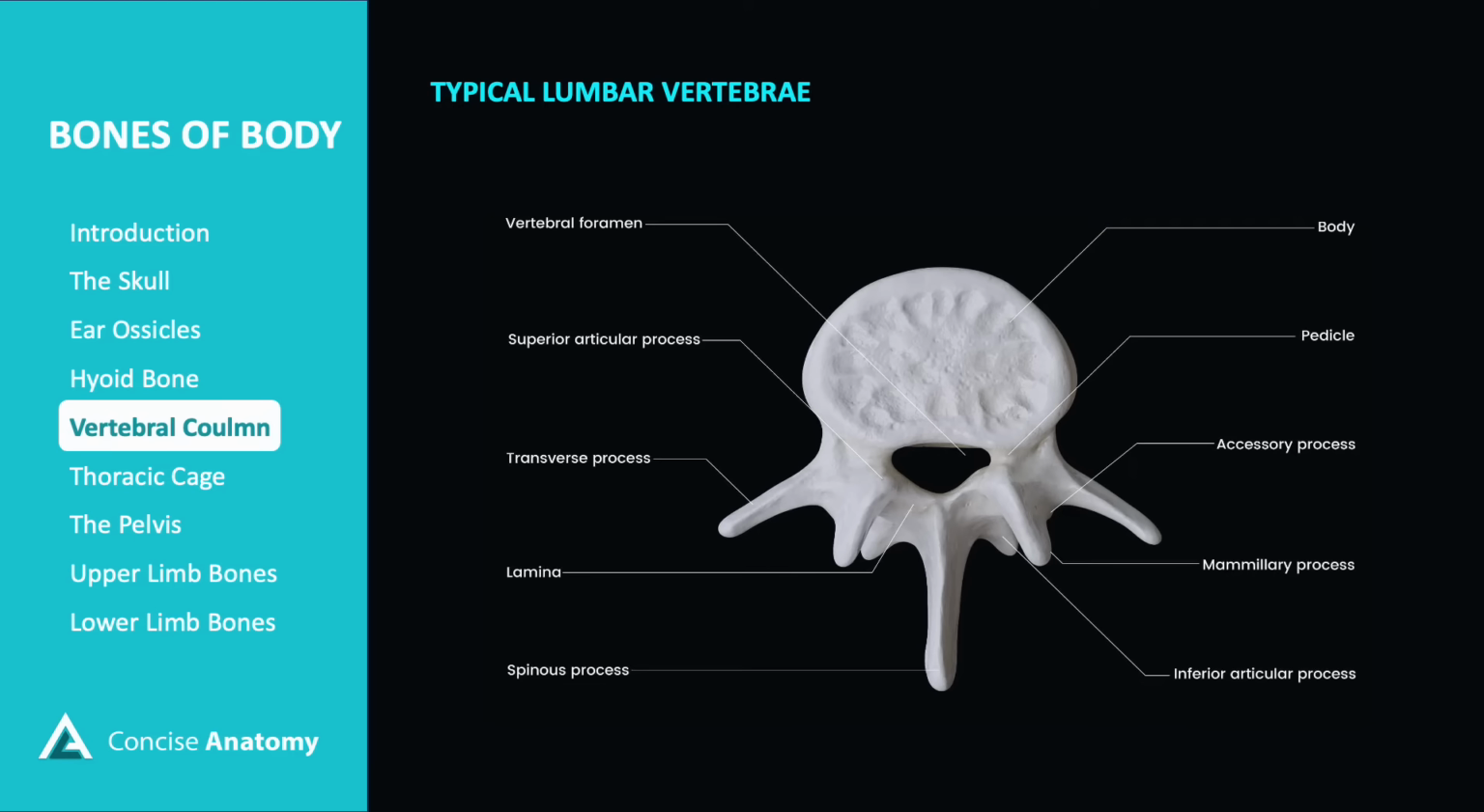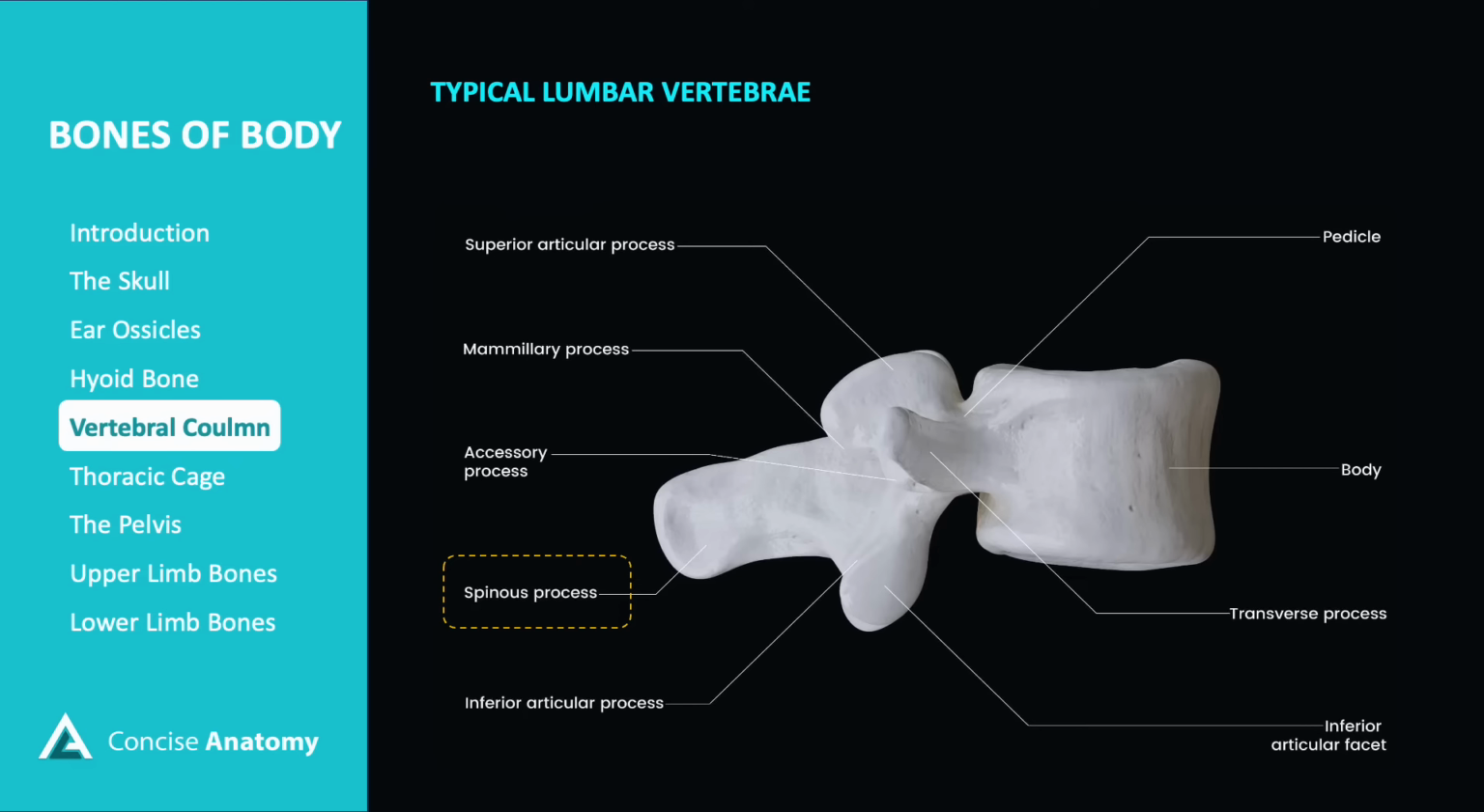Typical lumbar vertebrae have large, kidney-shaped bodies to support weight, short and horizontal spinous processes, and long, broad transverse processes that serve as attachment points for muscles. Here is a side view of a lumbar vertebra, highlighting its axe-shaped spinous process, which is short, thick, and projects